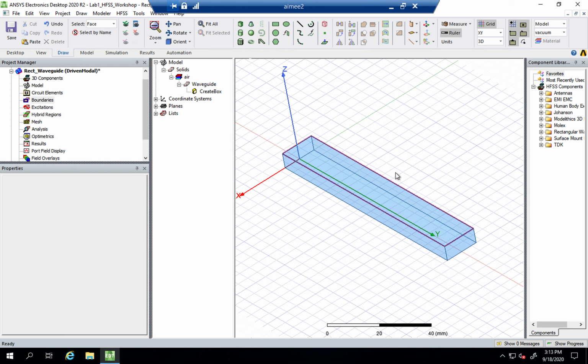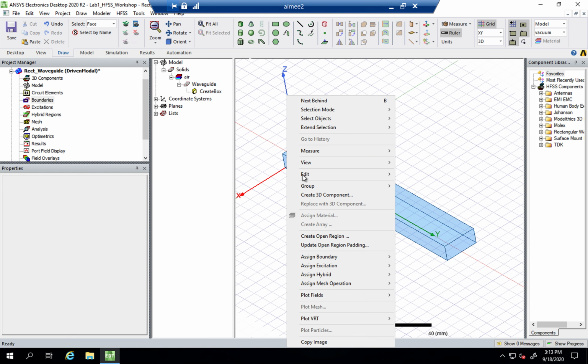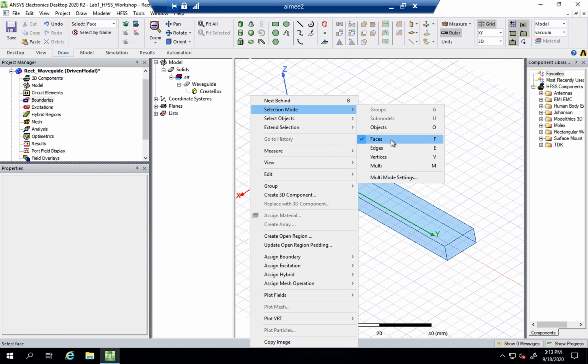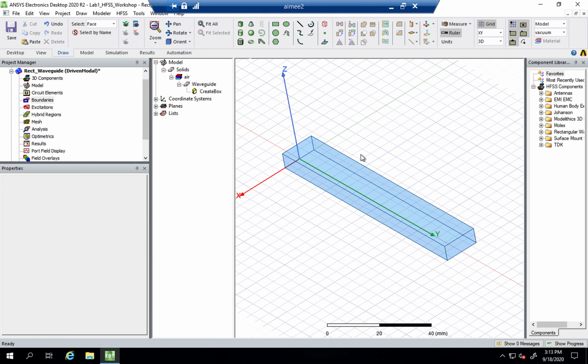So we want to select the 4 faces of the waveguide that I just showed you before. You can press F on the keyboard, or right click, selection mode, and faces. Then you'll be able to select faces. Select the first face, and if you press Control, that will allow you to select multiple faces at the same time. So if you press Control, you can select the second face, and then you can